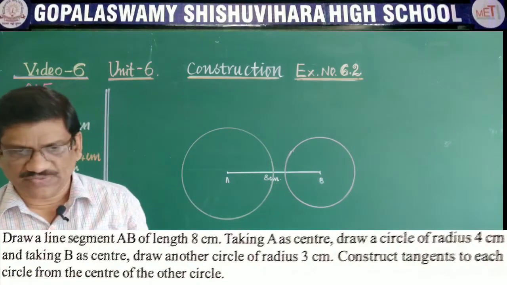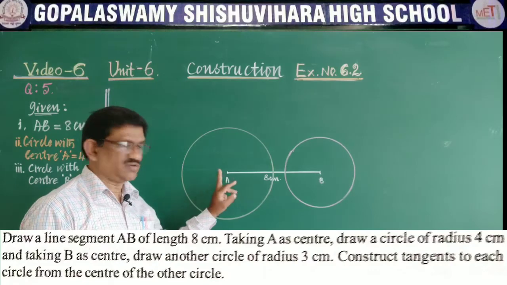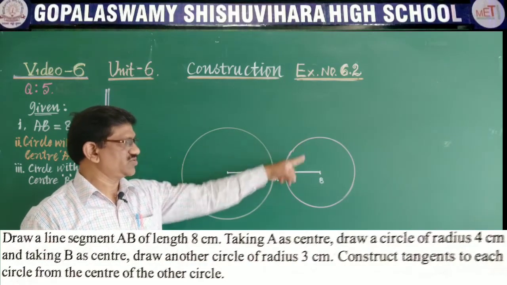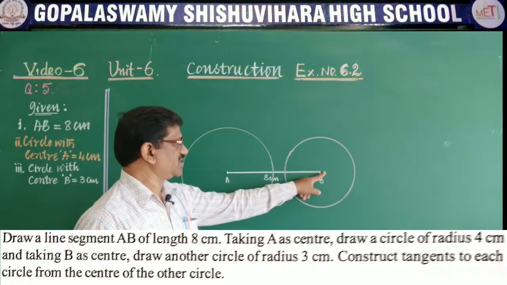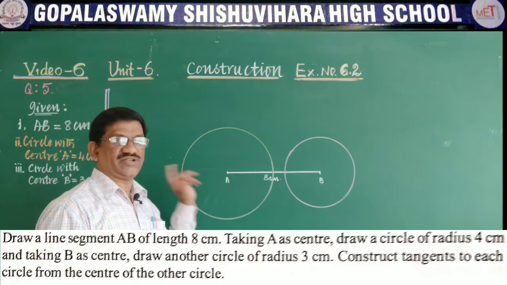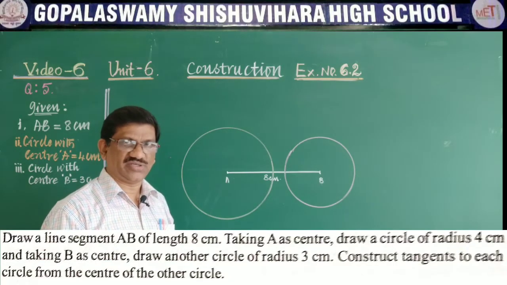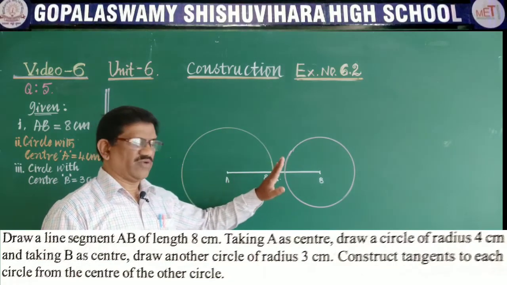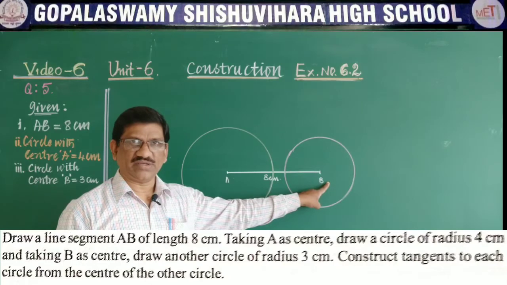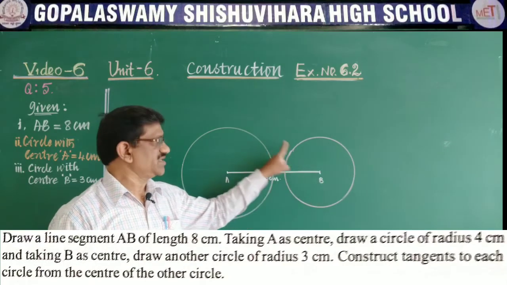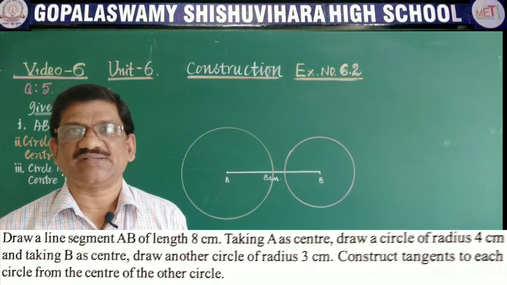Okay. So we have drawn. Now what we have to do now? From the center A of this circle we have to construct tangents to the circle with center B, and from B we have to construct tangents to the circle with the center A. So you know that, children, whenever you are constructing tangents to one circle, for a moment you forget the other circle. Just imagine that there is an external point. From the external point, how to construct tangents. In the same manner, what we have done in the first and second sum, you have to work out.